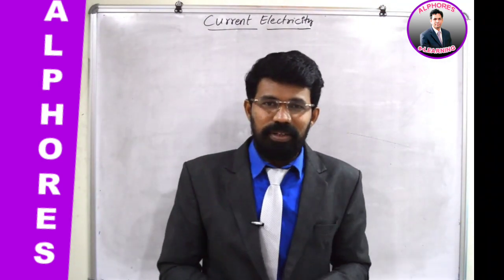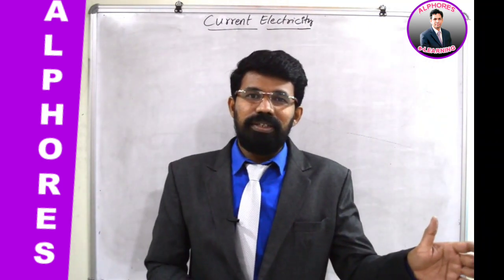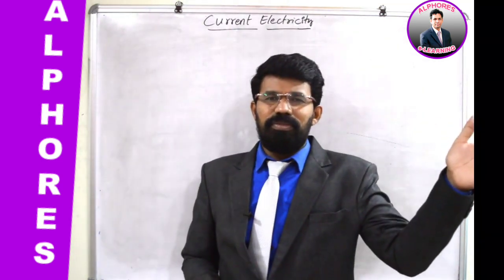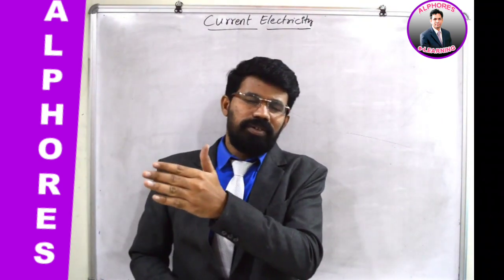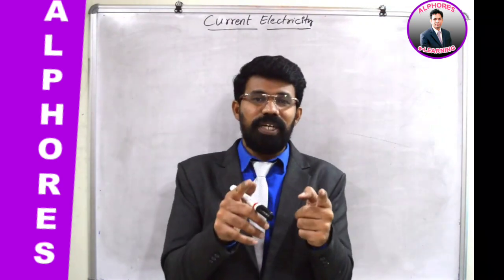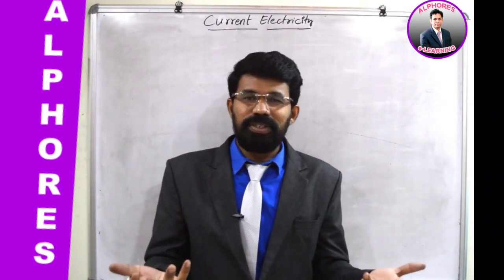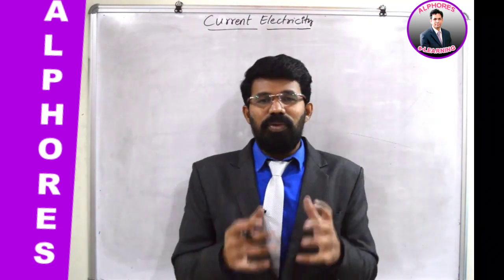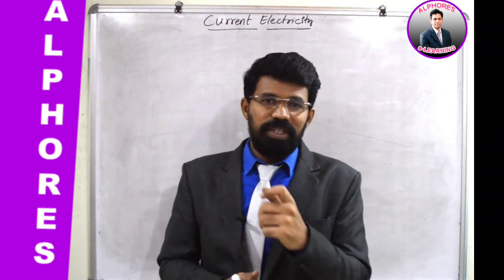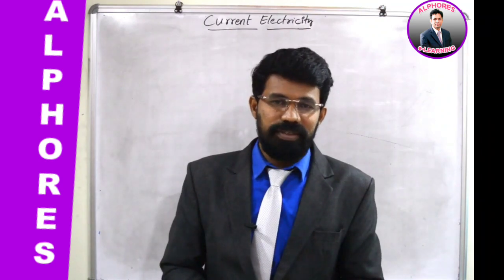If I touch that, do I get any electrical shock? Of course not, because there is no net flow. Net flow in the sense what? See, if you take a conductor, one electron is moving from left to right, and simultaneously another electron is moving from right to left. Now tell me, what is the net flow? Net flow is 0. But here motion of charge is there. One is moving towards right, the other towards left. So net flow will be 0. So what is the net effect? 0. So when you give the definition of electric current, you have to use the word net flow. The rate of net flow of charge is called current or electric current. That's how you can call it.